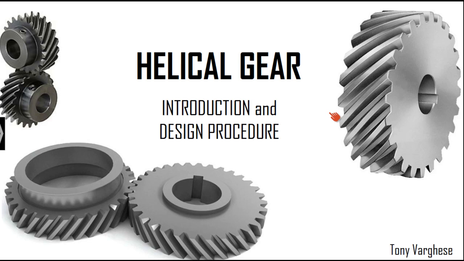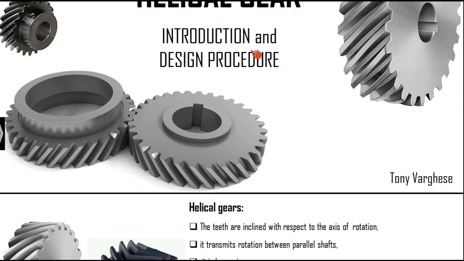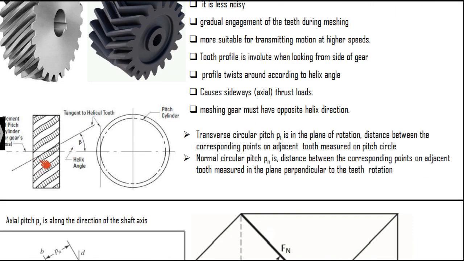In this class, we will discuss the helical gear, its basic concepts and the design procedure. Basically, helical gears are gears with the teeth inclined at a particular angle, and that angle, which is made with the axis of the shaft, is called the helical angle. You can see here the teeth are inclined, and this angle made with the axis is called the helical